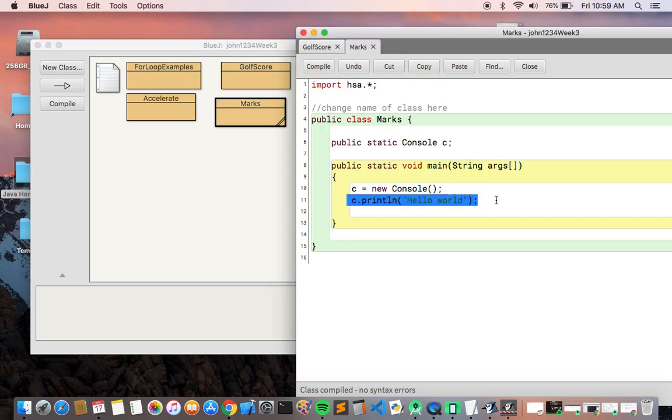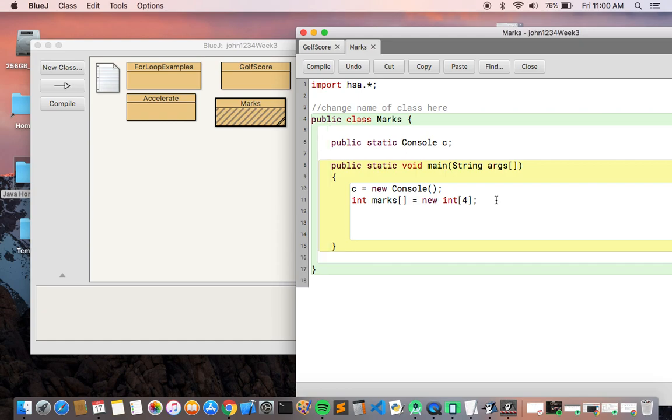So here at the top I can go like this. I can say int marks, square brackets to make it a list, equals, and we have to give it a size. So I'm going to give it a size of 4. Okay, so just like the golf score, we'll do the same sort of thing where we just enter the marks in a for loop, right? So we're going to go for int